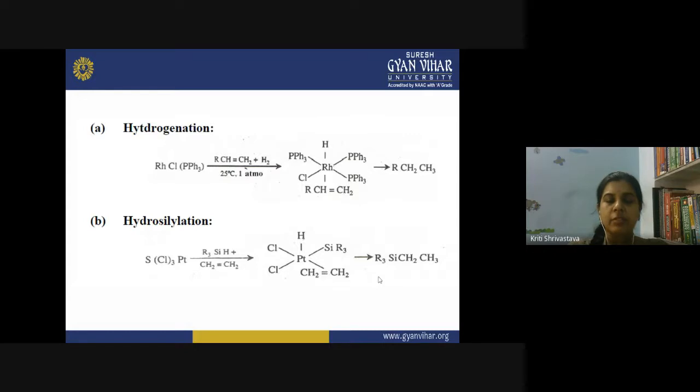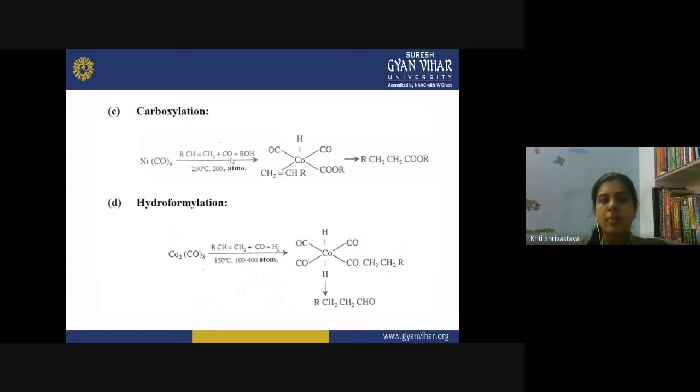Then the carboxylation reaction, where the carbonyl group is going to be added over the alkene molecule. Again, these are reactions in which the starting compound adds the alkene molecule as well as another group, and that group is transferred to the alkene molecule. In the case of the carboxylation reaction, this is the carbonyl group, and when it is transferred to the alkene, in the product we get an ester. This is the ester product formed after the carboxylation reaction of metal alkene complexes.